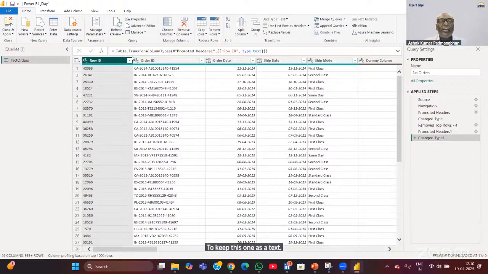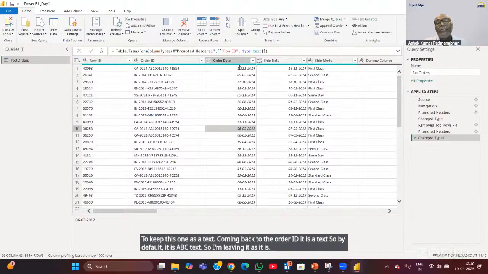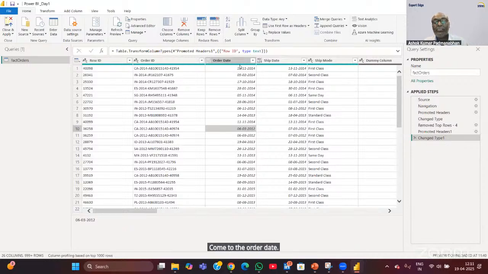Coming back to the order ID, it is a text. So by default, it is an ABC text. So I'm leaving it as it is. Come to the order date. So when this particular item has been ordered,